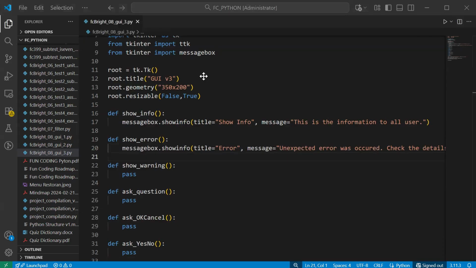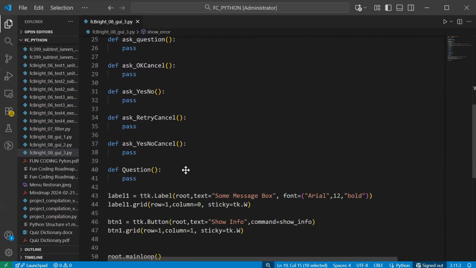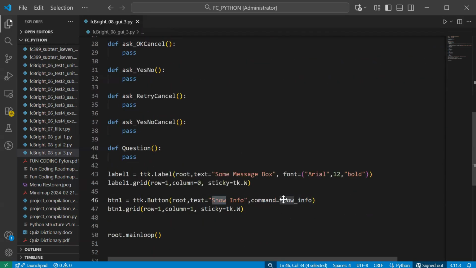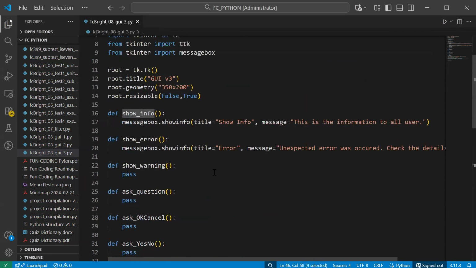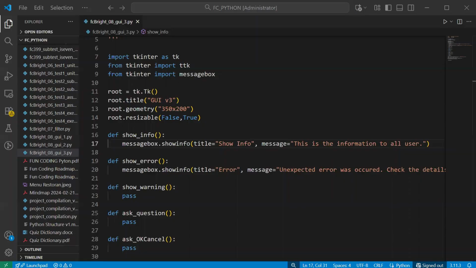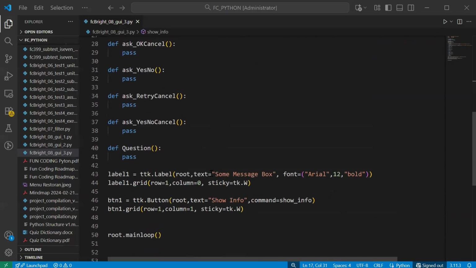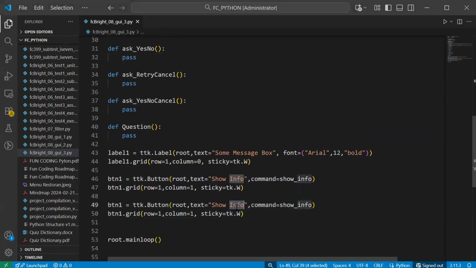And then you can try, okay? Of course, you have to change from show info from this button to become show error. Okay, you can add another button. Yeah, you are free to make the event handler, sorry, the button, or you can just change this to become show error, up to you. Yeah, for simply, you can copy this. Put it here, show error. Okay, and then show error.